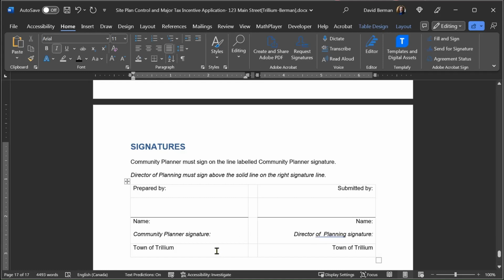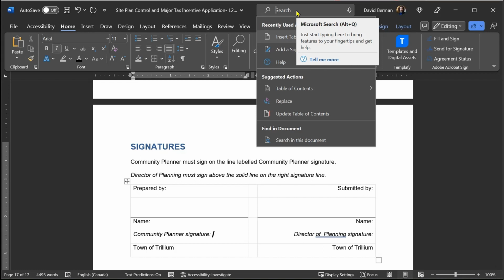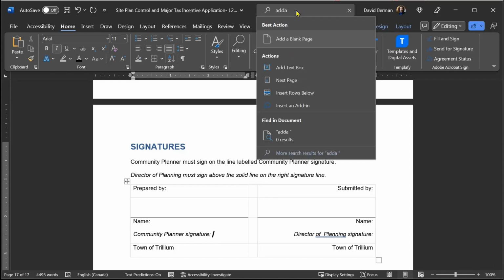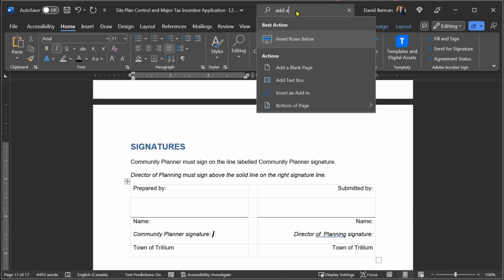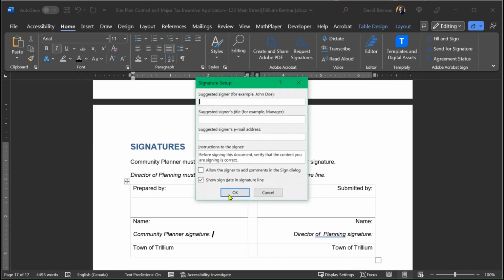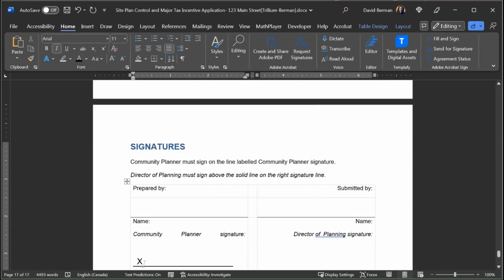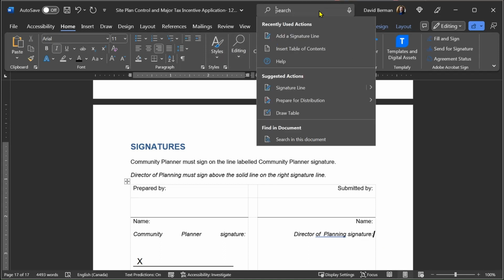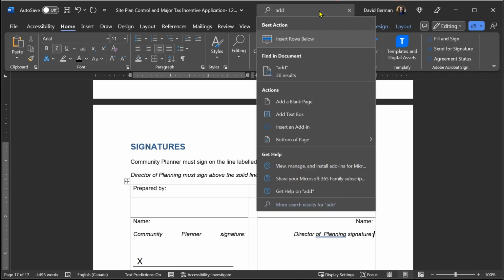And in fact, if I really wanted to do this really sweet, I go to the help. I love the help in Word. So I'm remembering, well, how do I add a signature line? So I can say add a signature line. And there it is, add a signature line. And I can actually put in a proper digital signature field just like that. And do it again for the other one, just like that. And now I have a place that people who can see and use a pen can